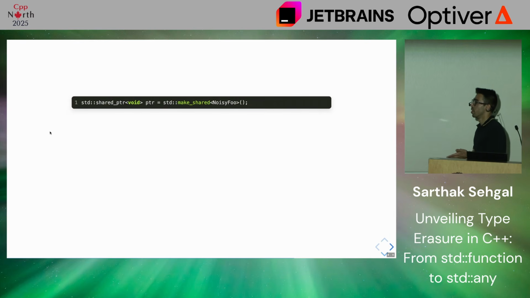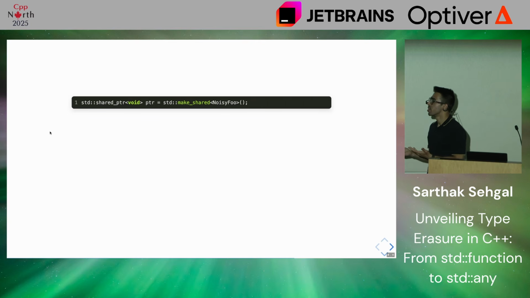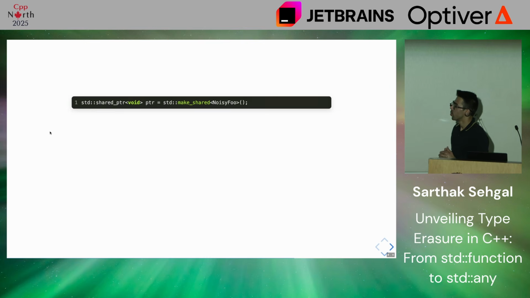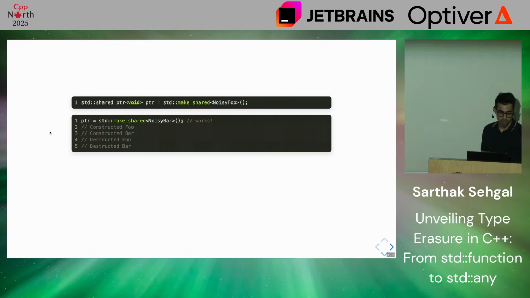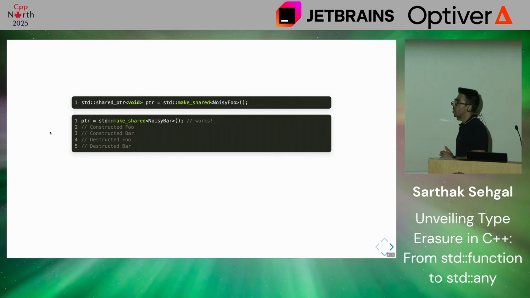What about a shared pointer? All I've done in this example is change the unique pointer to a shared pointer. Again, when I used new noisy foo while creating a unique pointer, it might have raised some eyebrows. So I made sure I fixed that and used std::make_shared. What about this? If a unique pointer does not compile, I'd expect this to not compile as well. But to my surprise, this works. And if I assign this to a pointer of a different object type, say noisy bar, that works